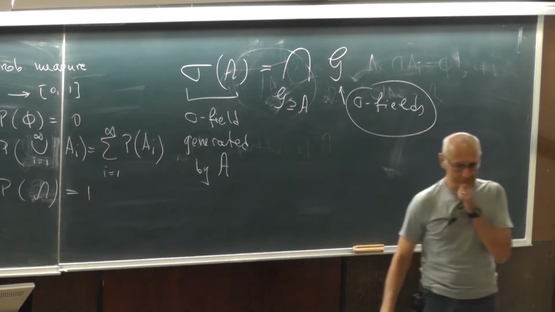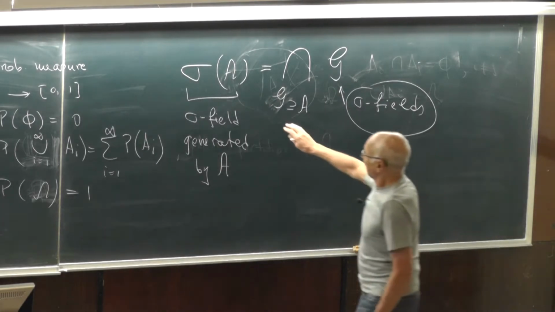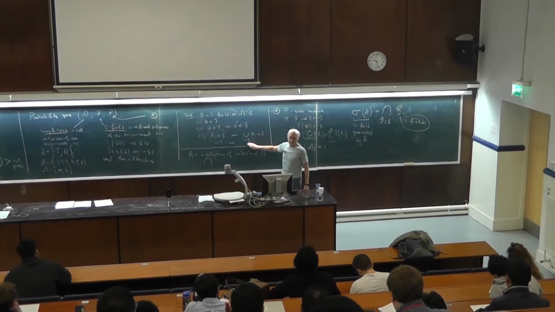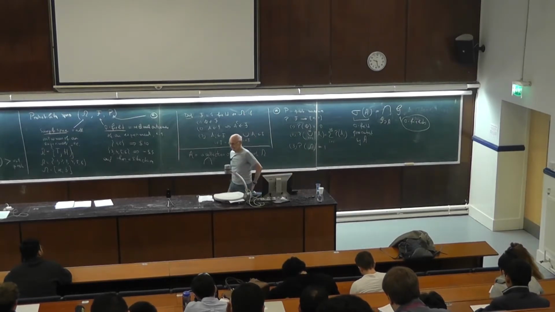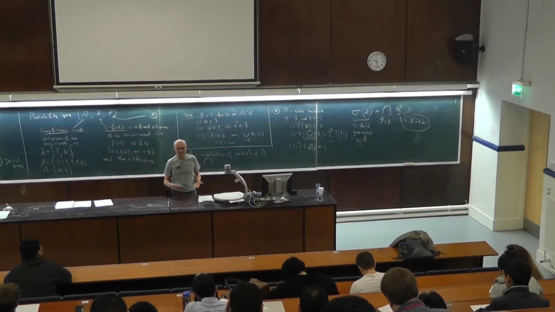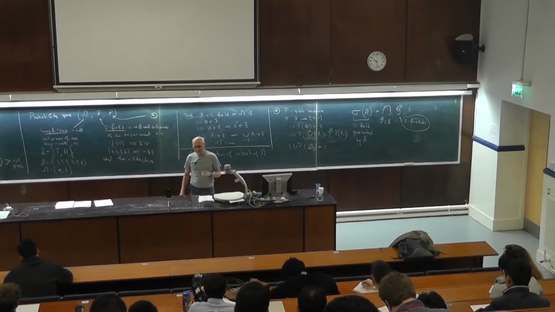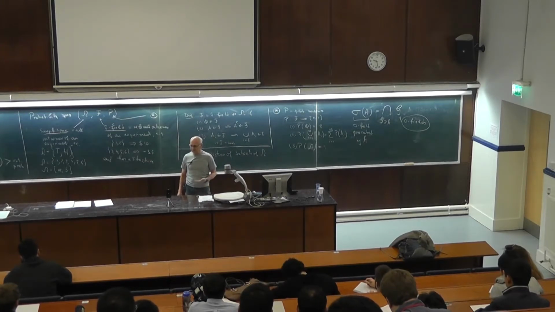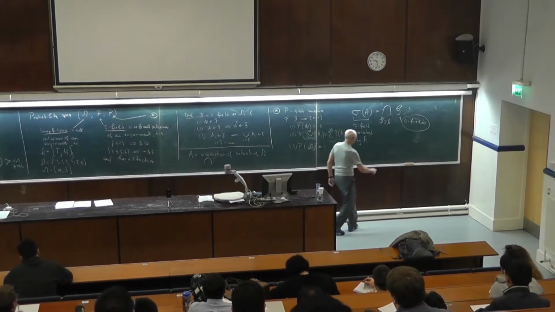Okay? So how do you think we are going to show that's true? We are going to show this afternoon in 2-3 minutes, but I don't want to interrupt the flow right now. Well, we have to check that it satisfies these conditions. Right? If it satisfies these conditions, it's a sigma field. We're done. And it's the smallest sigma field you can construct on top of A. And why is this relevant? It's relevant to define random variables, random vectors, random functions. Okay? So a special case of this